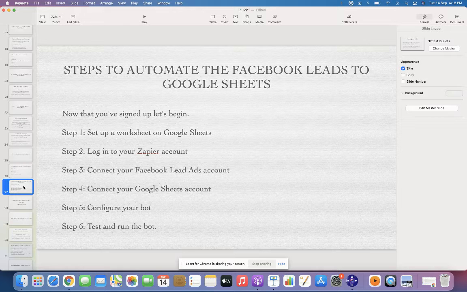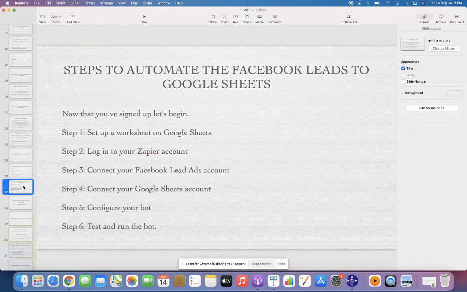Zapier is free, but they have a set of premium automations, so they would charge you some payment based on the plans they have. You can select whatever plan you need.